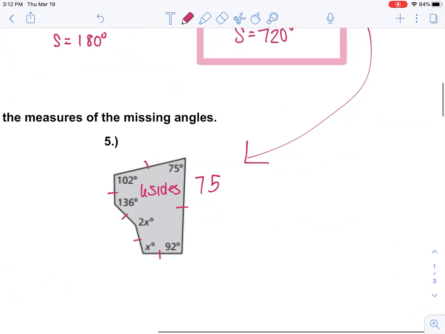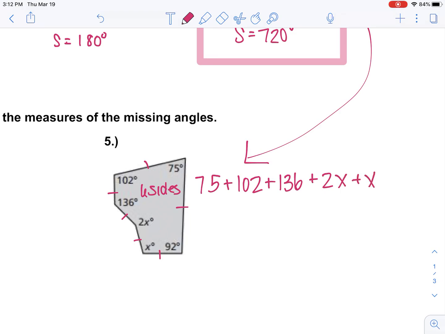So once again, we're going to take all of the angles we do know, 75, 102, 136, 2x, yes, that one counts, plus x, plus 92 equals 720. We're going to combine those like terms. So 75 plus 102 plus 136 plus 92 gives us 405 degrees,